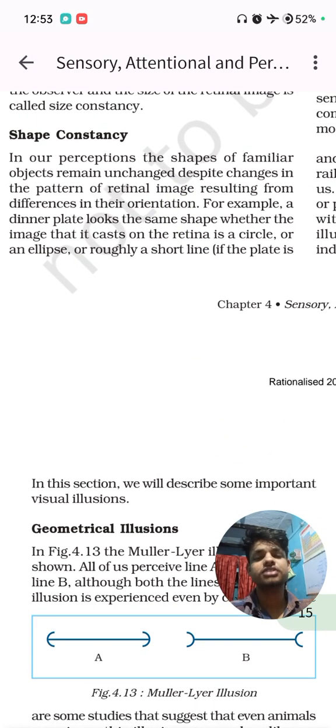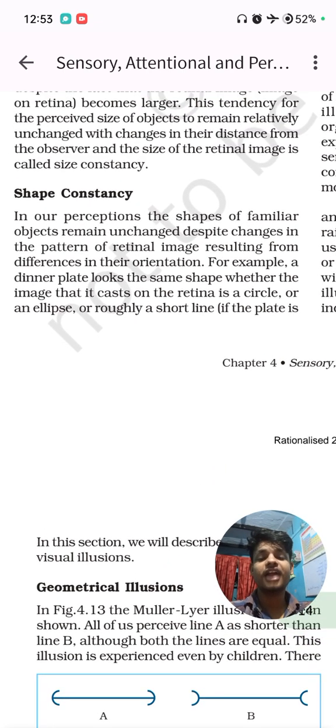Safe constancy. Sorry, my pronunciation is not good in that particular word. So I just read the